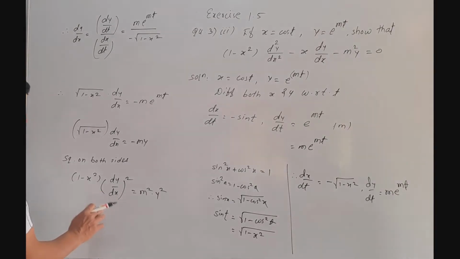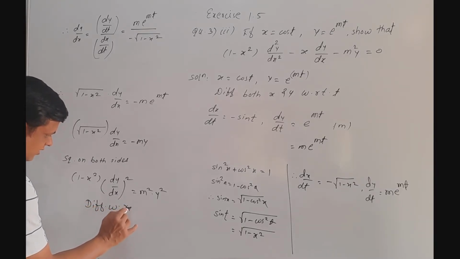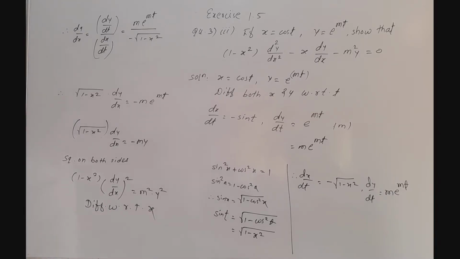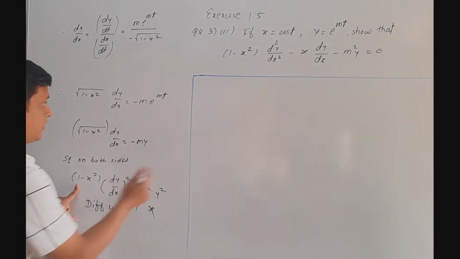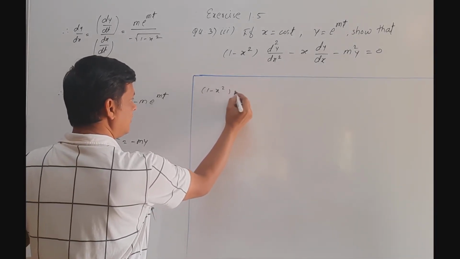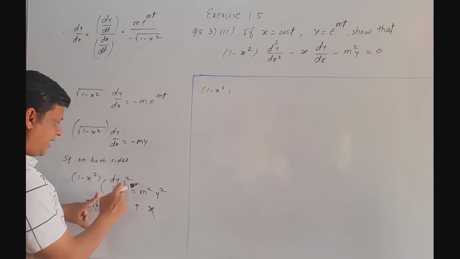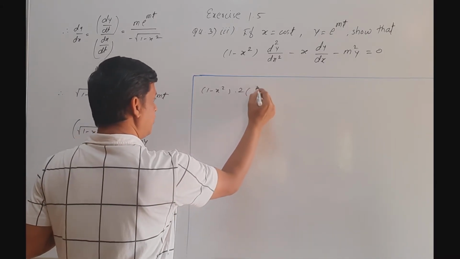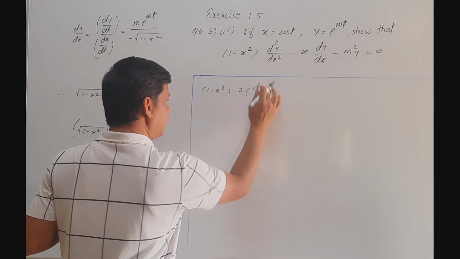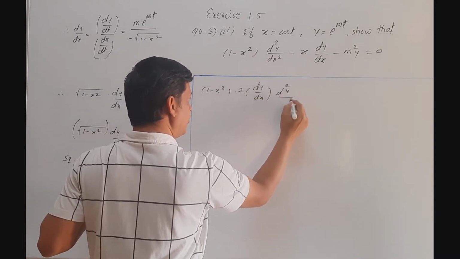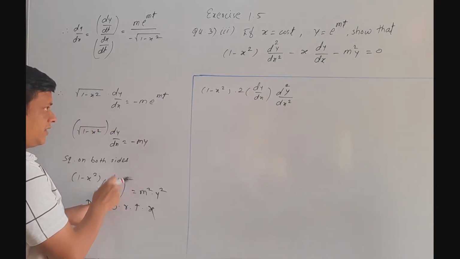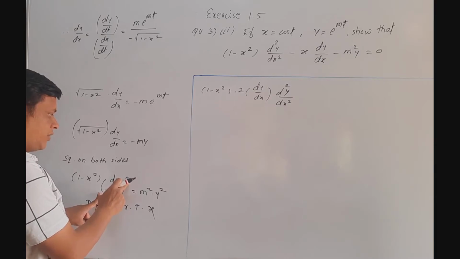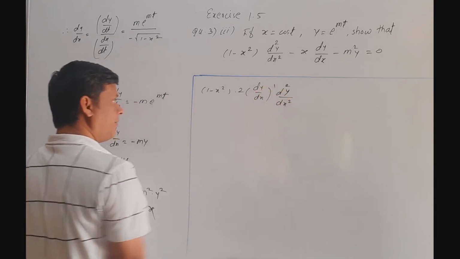So we differentiate this with respect to x. In the left hand side we apply the product rule. So write first function into derivative of this dy by dx bracket square as 2 into dy by dx, and derivative of dy by dx as d2y by dx2. Because this dy by dx bracket square is a composite function, so we first apply the power rule. So we reduce the power of dy by dx by 1.